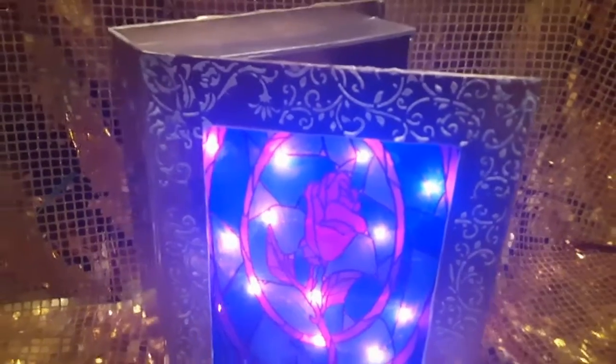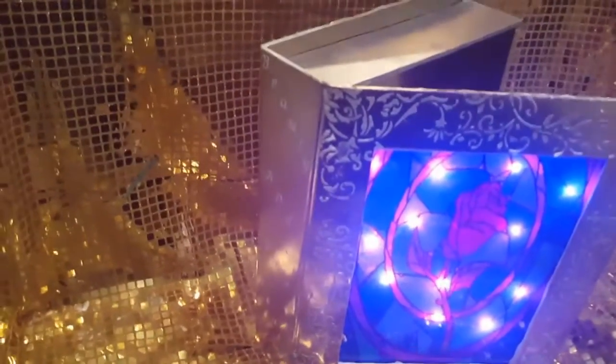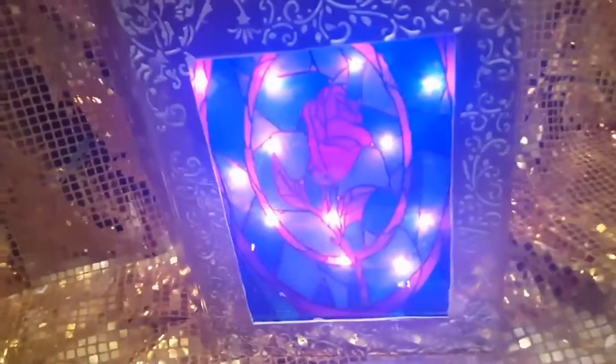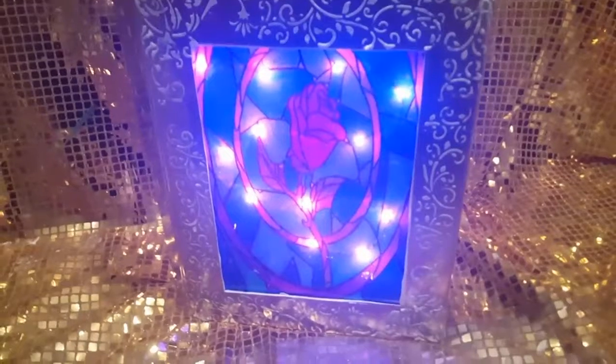Let me show you how it lights up. Boom. Oh, that was too early. Well, this is how it's going to look, you guys. Now, I didn't do it, but I recommend you spraying it with acrylic once more. And then you'll...